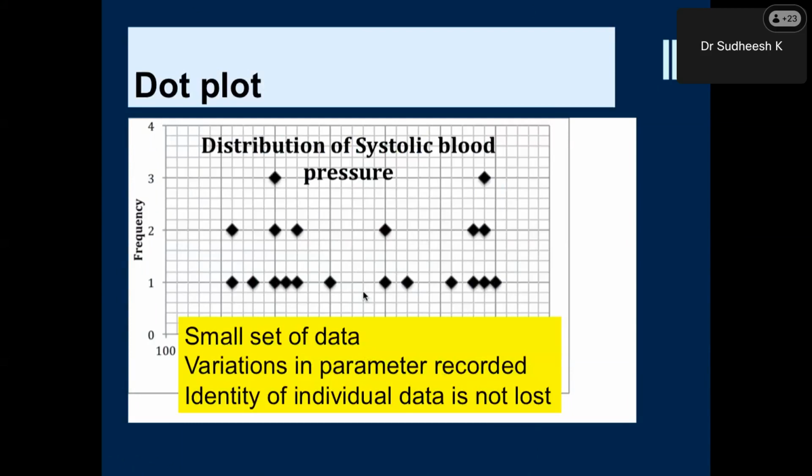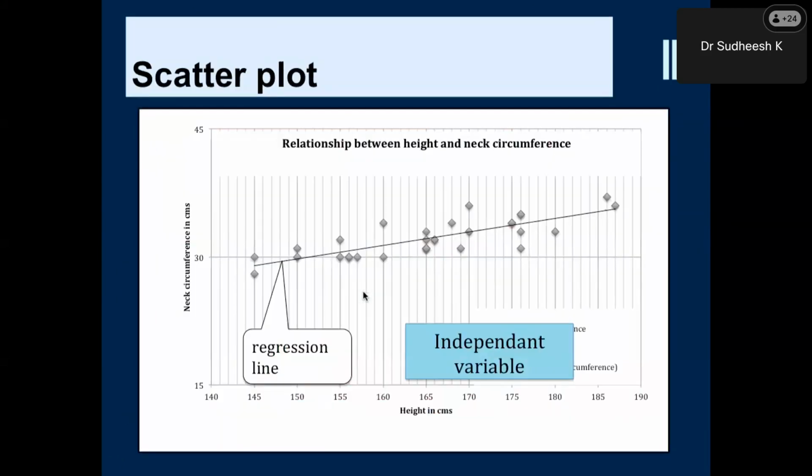This is the dot plot, used for only a small set of data. Then the regression scatter plot, most of the time it is used to understand the trend of a data set, whether it's moving in the normal direction or abnormal, or in what direction. And most of the time it represents the independent variable. The independent variable is represented on the x-axis, whereas the dependent variable is always presented on the